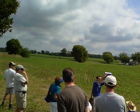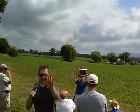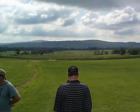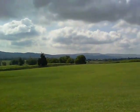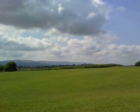So he's able to establish this location as well, down in this pasture, focusing on the sole soldier, and establishing the location that way. So, I would say that when we go out here, learn